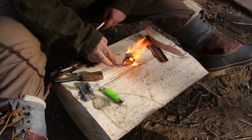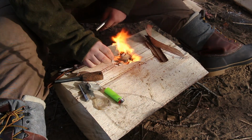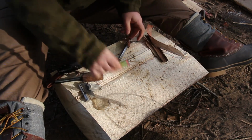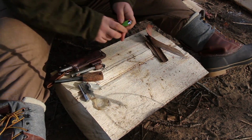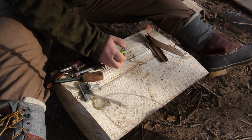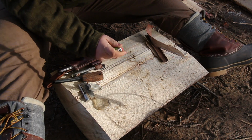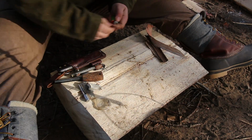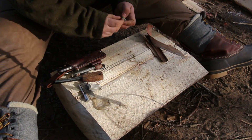And this is one of the reasons why we love birch bark in the Canadian woods. Really, anywhere you can find birch bark, you're going to be happy. But even the ferro inside your lighter, that's a ferro rod. That's a very small ferro rod. And it will work. If you have no fuel, you can pop off the body, the casing here,